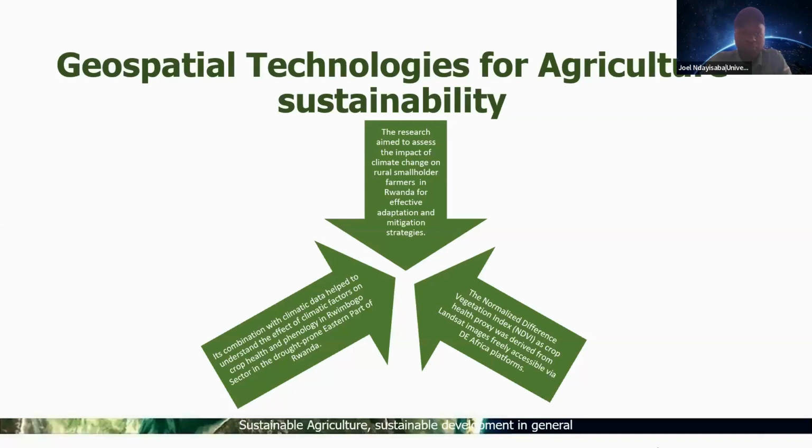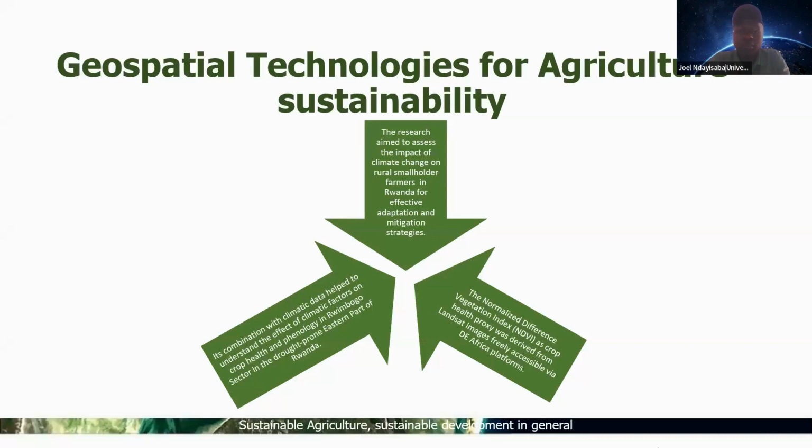So here, as you see, we have three arrows that join together. This is not only a presentation, but a research. As a GIS user, you can't be without searching different things.